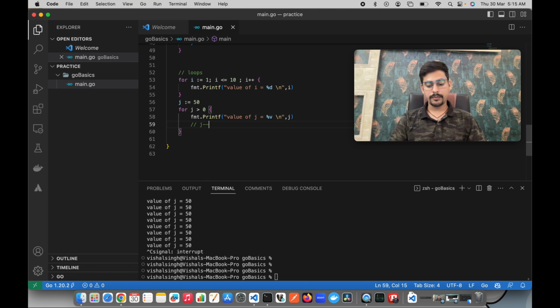So now there are multiple ways in which you can start this for loop. The only thing is, if only one condition is there, it is going to run as long as it is true. When it is false, the for loop breaks out. Okay, so after loop, now the second thing is